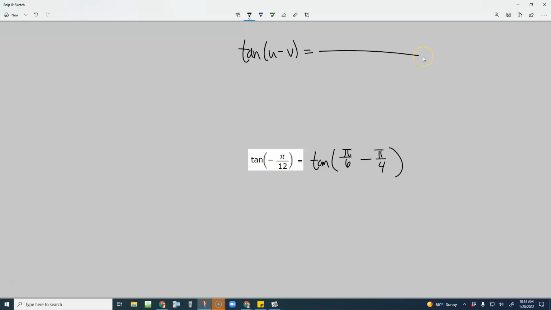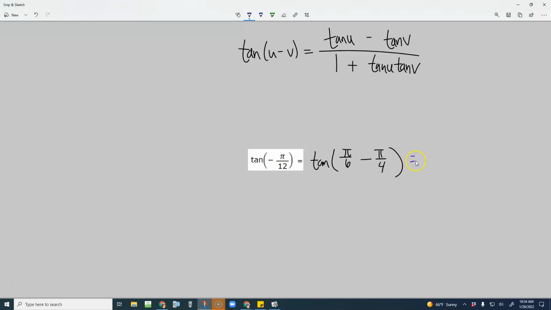Tangent is sine over cosine. Sine is not with or together, so they're separate. Whereas cosine is with or together, so they're together. Cosine, the signs change. Sine, the signs stay the same. That's just my way of remembering it. It's not the best way, but it is a way. If I go and plug in stuff,